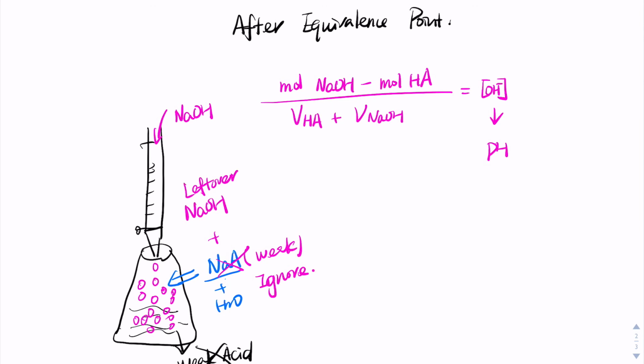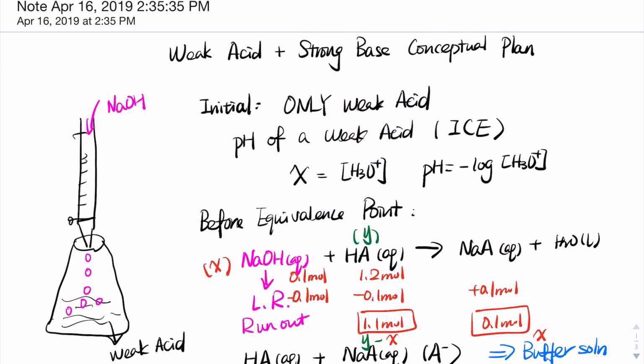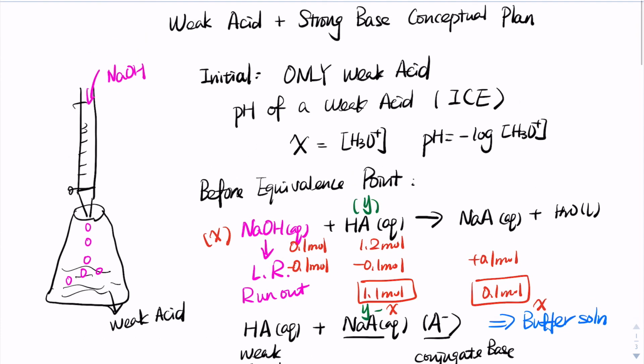So this is the conceptual plan for when you have a weak acid and strong base. No matter what, remember the first step: calculate the moles of the acid and moles of the base. You compare these two, then you'll figure out if it's before, after, or at equivalence point, and then you can just go for what you need to do in that range. Okay, so that's it for